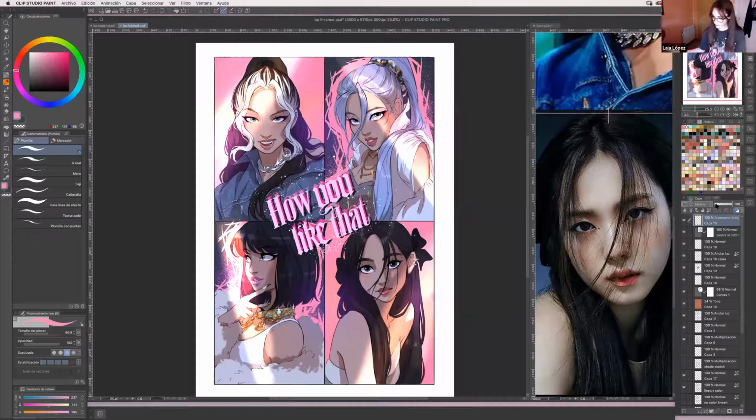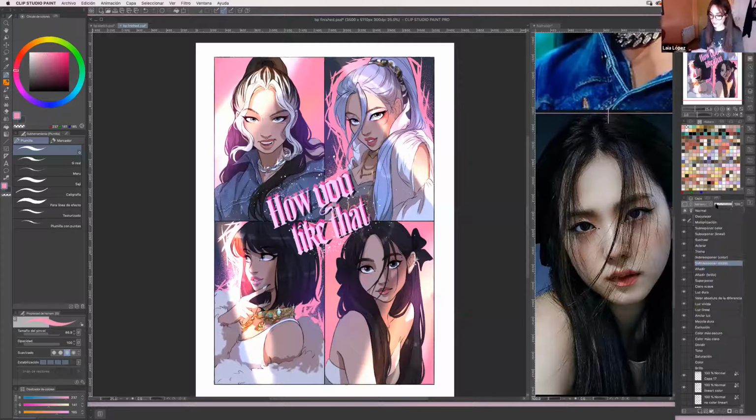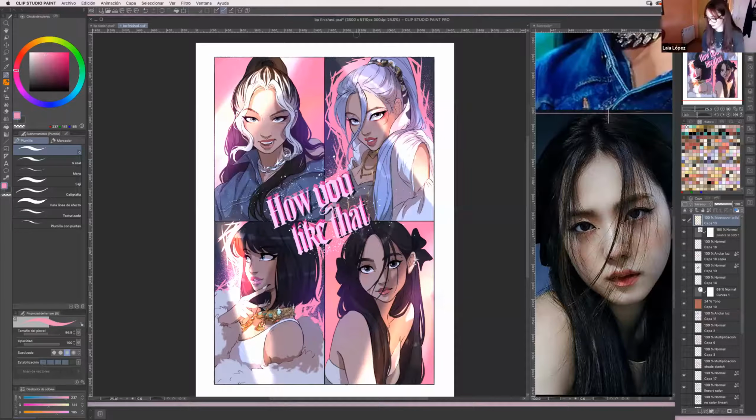It reminds me of a diamond, and the whole change of light and shadow on each of their faces looks so cool. I also really like how the light turned into pink and kind of red on Lisa's hair. And I don't know, it looks just really cool. I'm really happy how it turned out. And let me show you the difference.